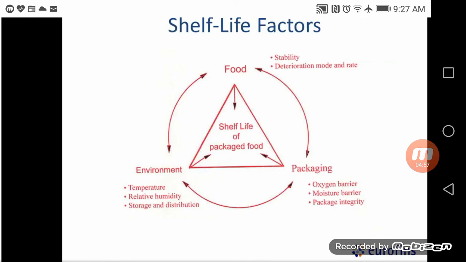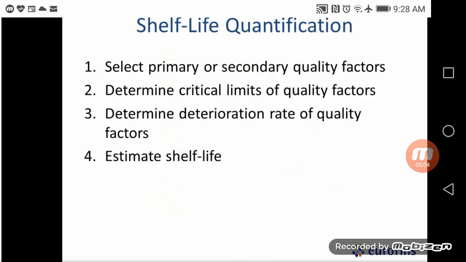So when we look at shelf life factors, we want to try to eliminate as many variables as possible. So what is going to decide that your food product is no longer at the level you want it and that it's no longer shelf stable? So you want to look at what type of primary and secondary quality factors you have. So this is something that we referred to in the previous webinar of